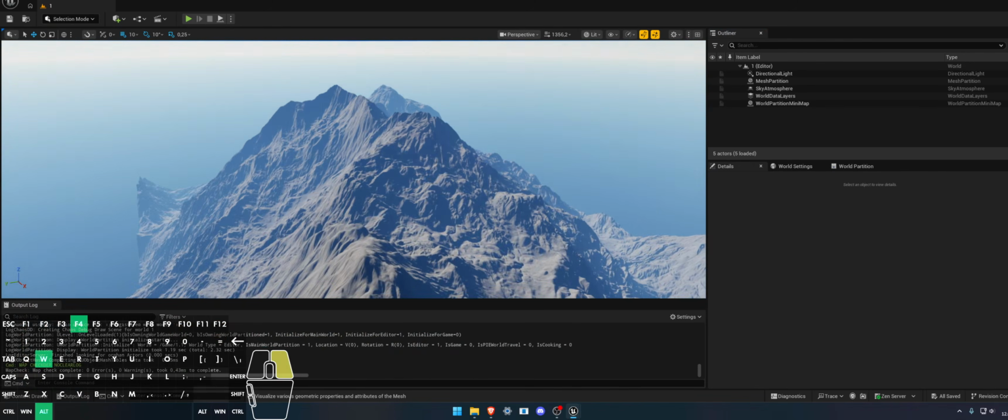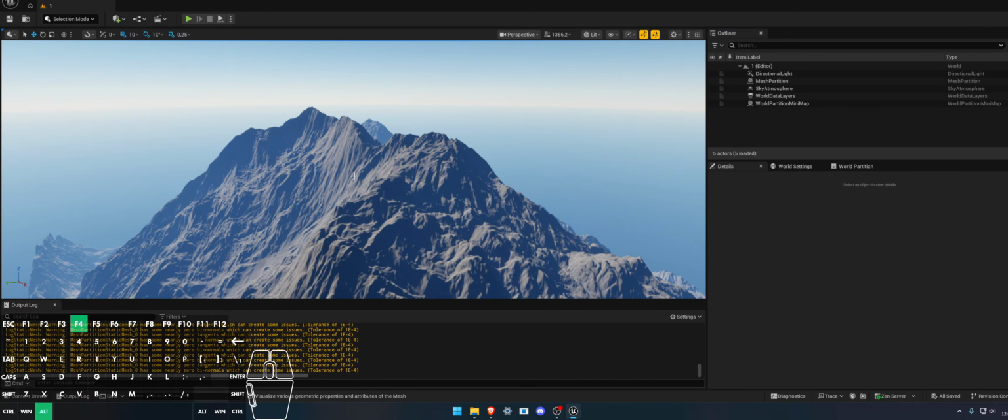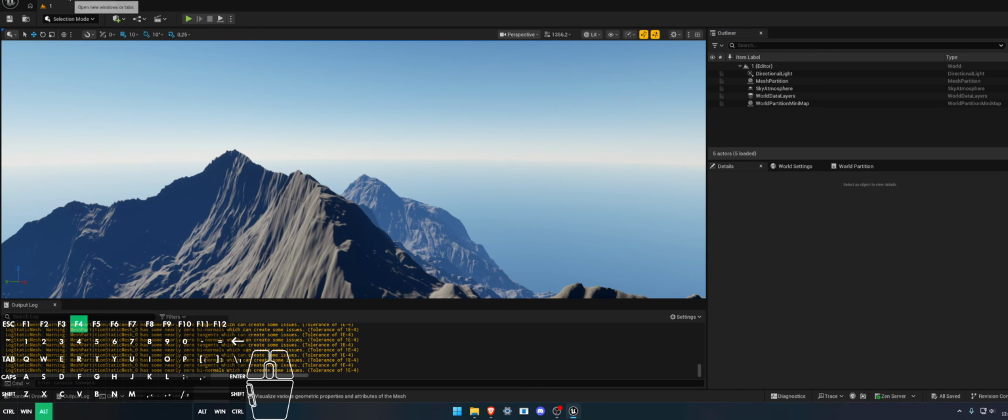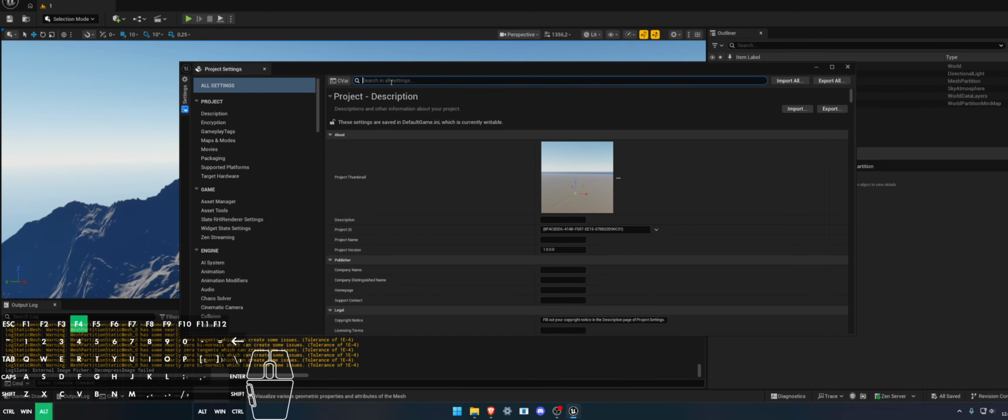I've imported the height map to the system. Okay, as you see. So how to enable it: project settings. Run that 5.8 preview version, so